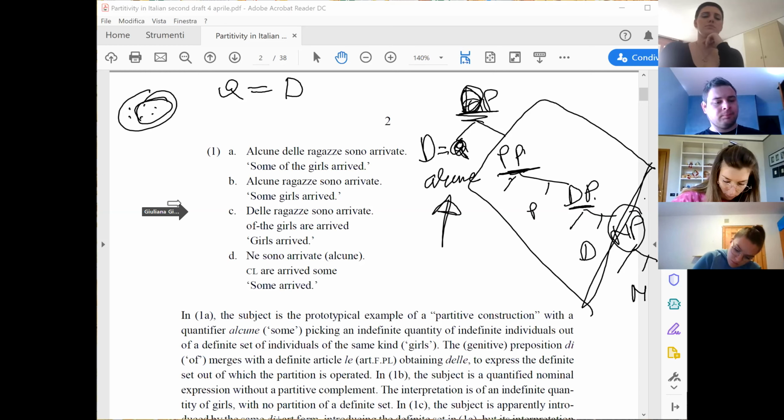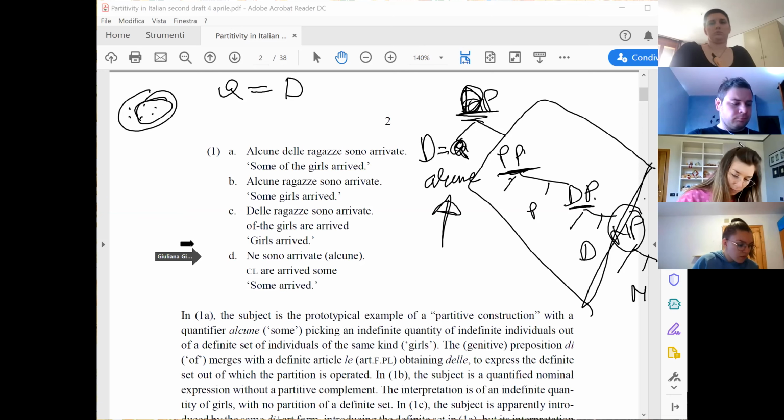And then the fourth construction that may be interesting to unify is the